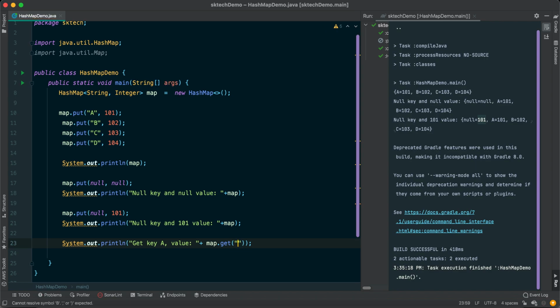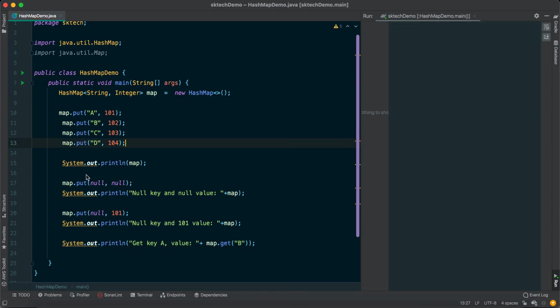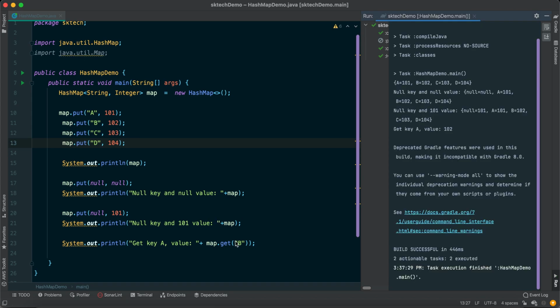Now if you run this program, it is going to return the value associated with this key. We have given b here, and corresponding to the b key there is a value 102. So this is what it is printing. This is how we can get the element based on the key.